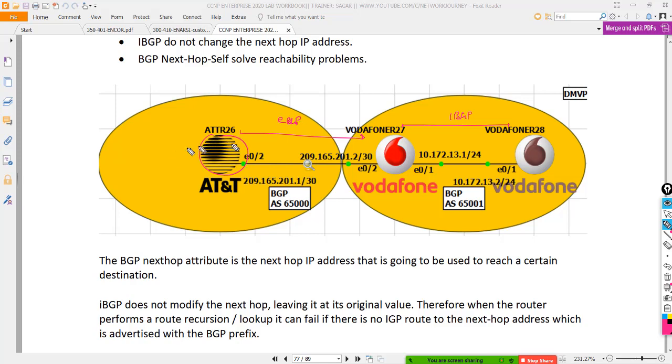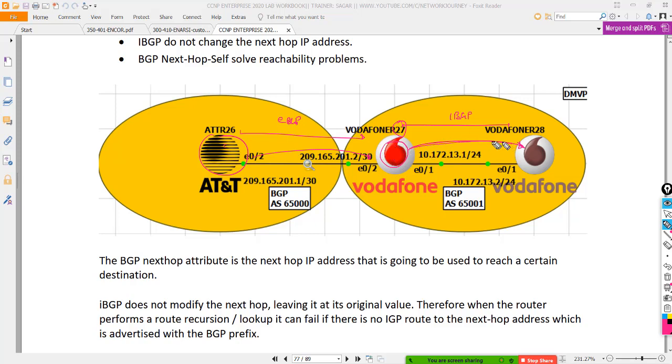The prefix of this router is advertised to Vodafone router 27, and when Vodafone 27 sends those updates to Vodafone router 28, what this router doesn't do is change the next hop before sending those packets.